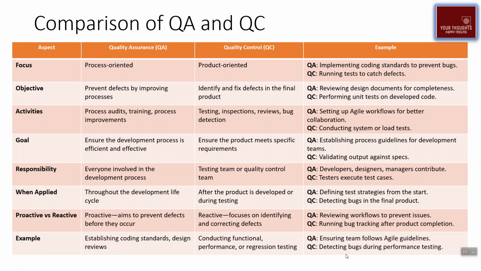In QA, we are discussing the process and defining the approach for performance testing. But when it comes to QC, we run and execute that approach using a tool and see how many bugs we have captured, and then we start discussing and trying to fix those bugs in the product. So that's it for today, where we have discussed QA and QC, and I hope the examples I have quoted will help you understand the difference between QA and QC.